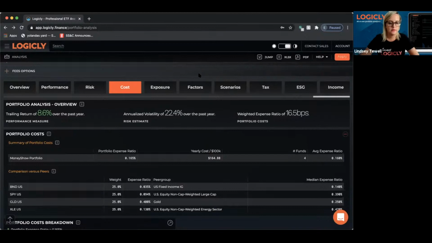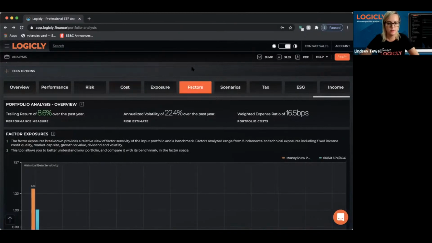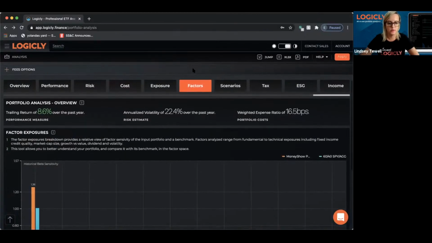Yeah, so if we look at the factors tab, what we're doing here is really running a regression and looking at the beta sensitivities of the ETF to particular factors. So your value, your momentum, small cap, large cap, and we're charting it here for you, versus the benchmark.